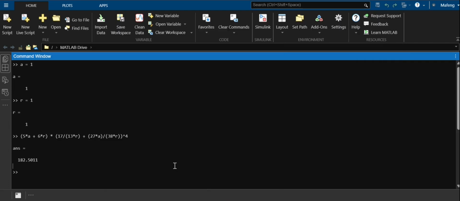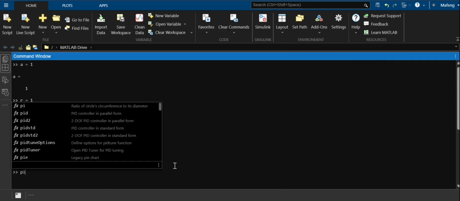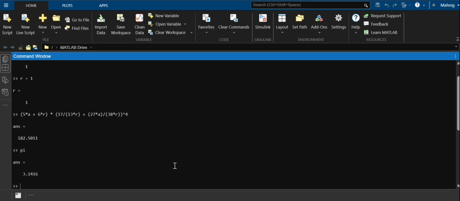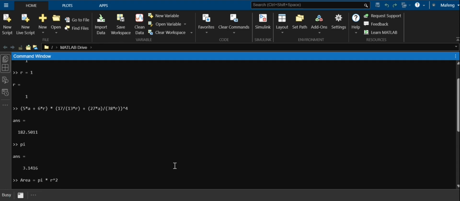So pi r squared. So in MATLAB, pi is one of the keywords that we should not use as a variable name, because pi here has an inbuilt value, which is 3.1416 approximately. So let's run that example. Area equals pi times r squared. Remember, r here is 1 for this case. So pi times r squared. This is the area of a circle. So if the radius of the circle is 1, then the area will be